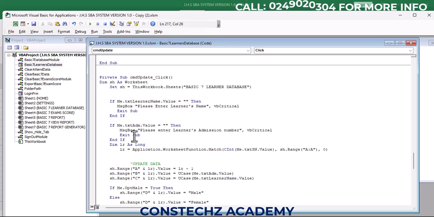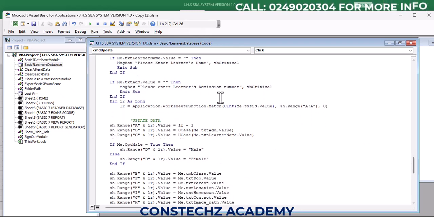Now here we are using this variable IR as long, and we are using what is called the match criteria. Okay, we are using the match criteria. Now this is what the line of code means. If the worksheet containing this range